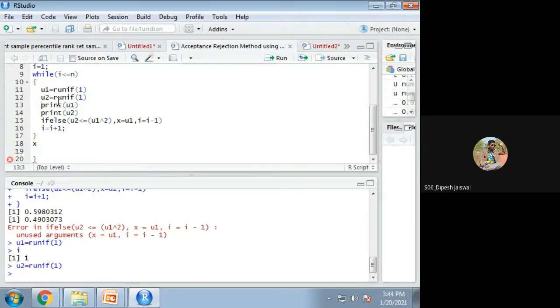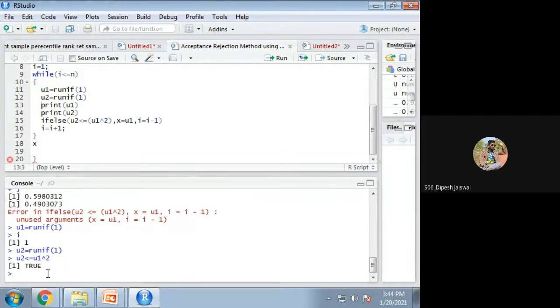Here we can verify, let us say u2 is less than or equal to u1 square. It is true. Okay, so here it should be true. Then x should be u1.